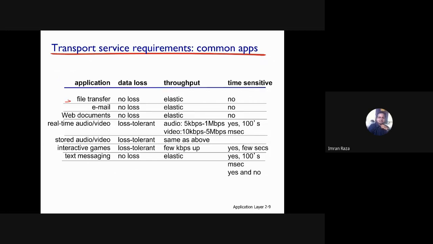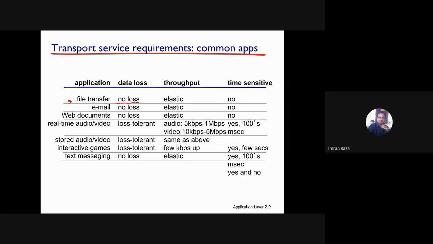So we have the file transfer application. What do you think? Is a file transfer application loss tolerant? No. No losses are acceptable, right? So data integrity is required. Are these applications elastic? Yes. If you're transferring a file and more bandwidth is available, good enough. Even if a lower data rate is available, it will still serve the purpose and you will be able to download the file. Is it time sensitive?